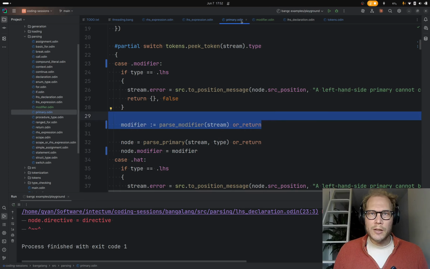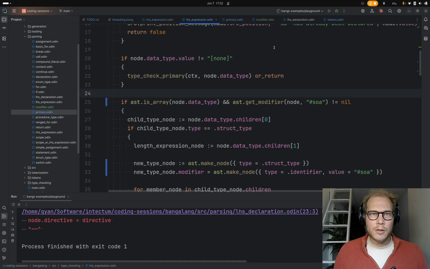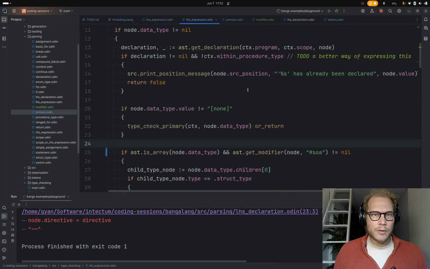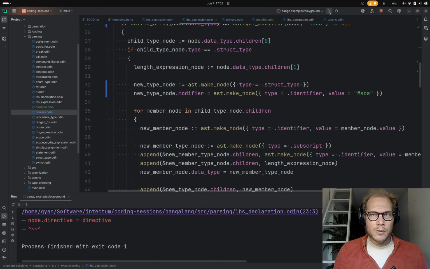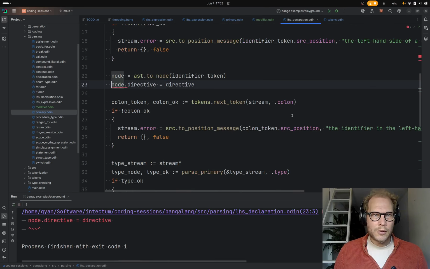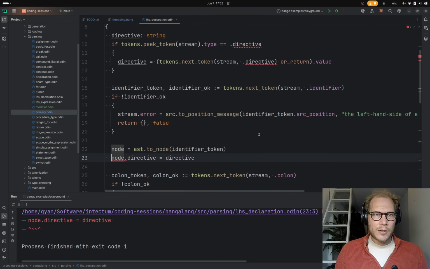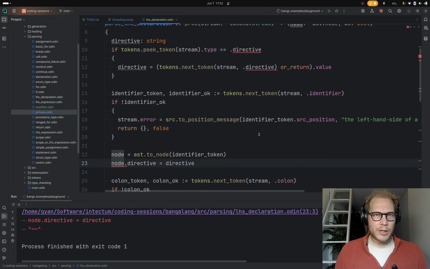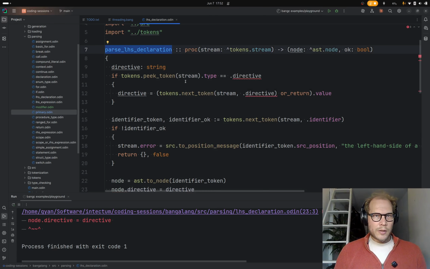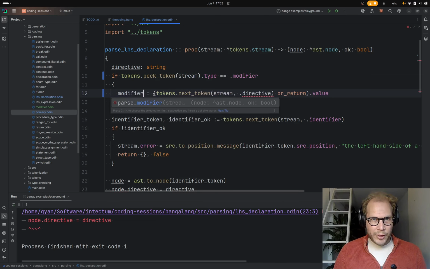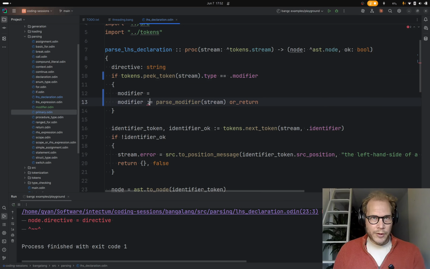So this here, was it left-hand side expression? Where was it? A left-hand side declaration. So in here, we're trying to do this. So I guess if we find a modifier, then the modifier becomes the result of this.